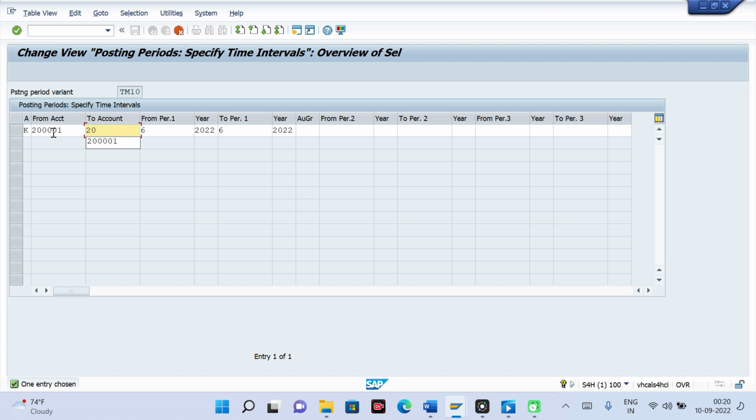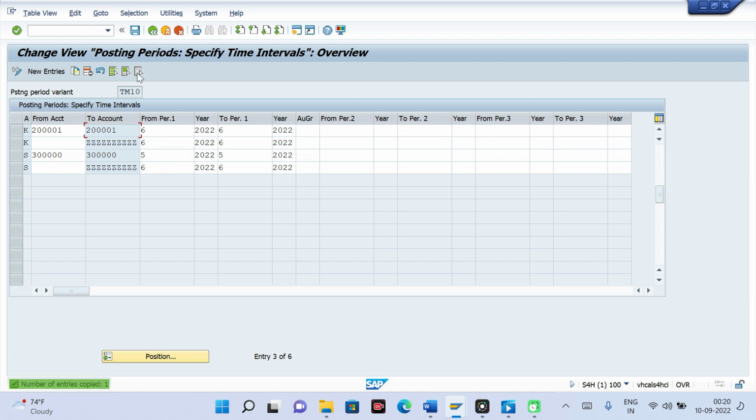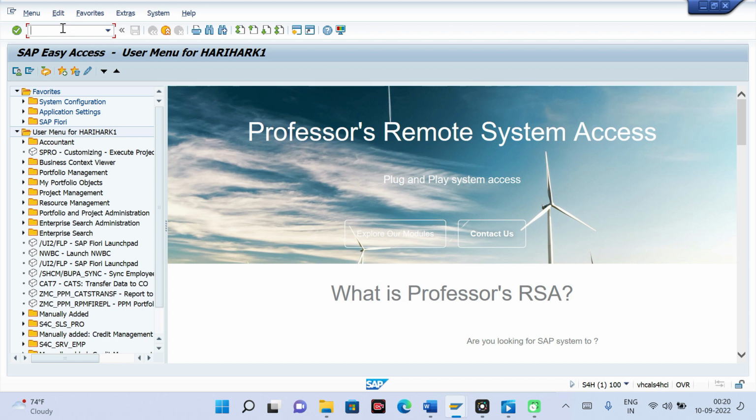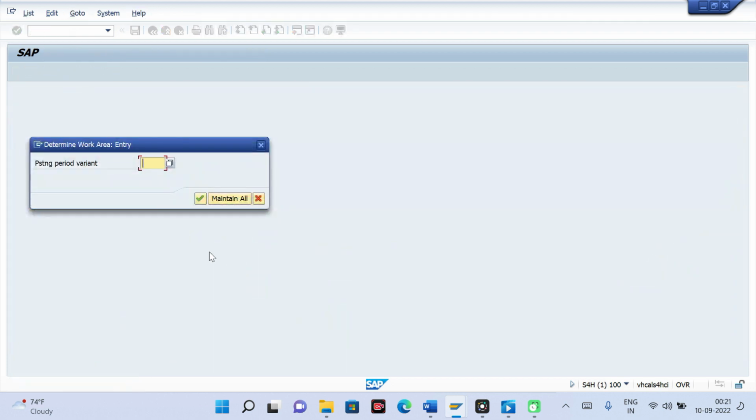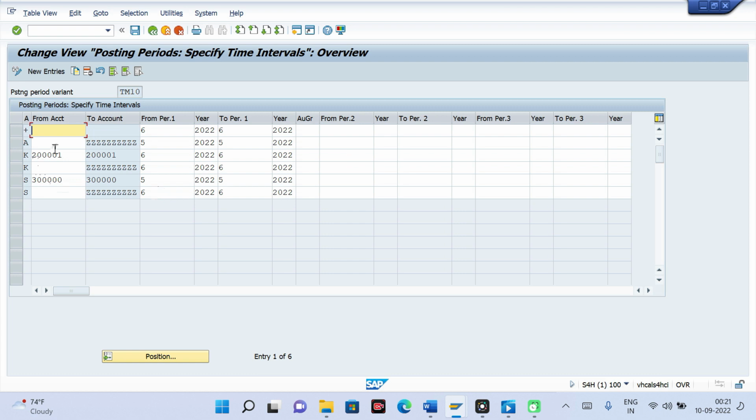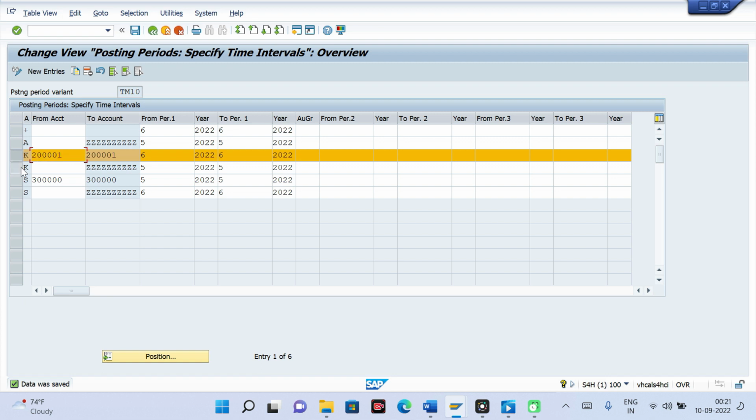And just like for GL, in GL also range and specific is there. Similarly here also range and specific. Sorry, it has gone. OB52, PM10. You close the other normal range. You can close this range only for your vendor. This specific reconciliation you have opened. So it will check this specific one rather than checking this one now, because you are posting specifically to this vendor and this vendor, this is the map.